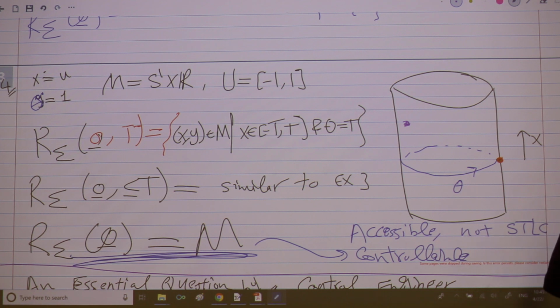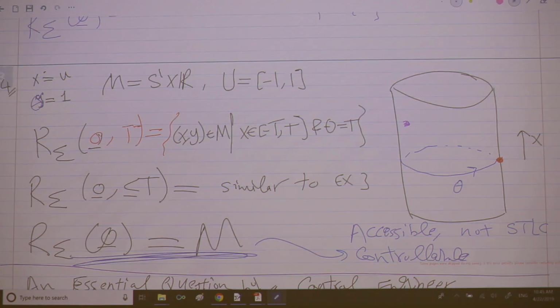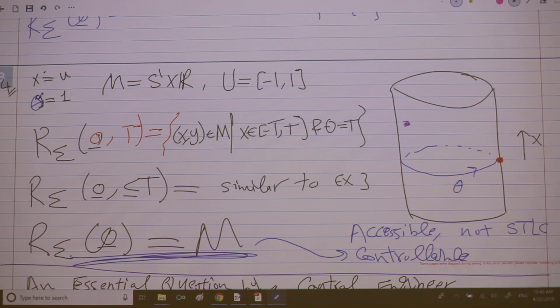Controllability is what? Eventually I'll go there. But small time locally controllable is that, okay, you will do it in a small time. You will do it not because of the nature of the manifold or the nature of some vector field that will eventually wrap around. You will do it because you really have the capability to go around locally around the point. Okay? Is it clear enough? But why is it not STLC? I don't see it. If the manifold is S1 times R. Yeah, because I cannot go backward from this red point. I cannot go backward in theta, locally. If I want to go to negative theta, I have to wait a long time to come by the natural flow.